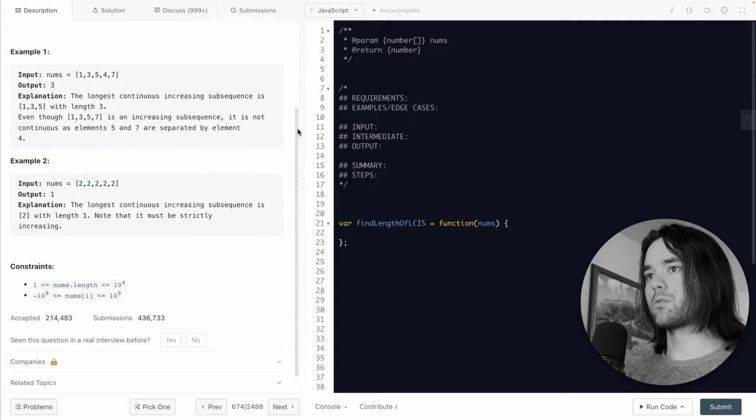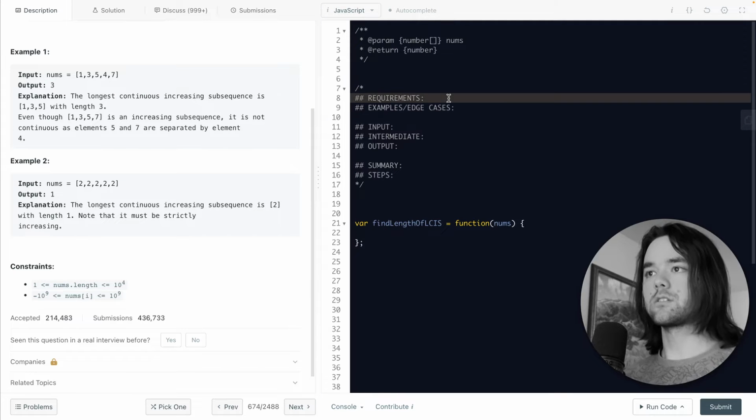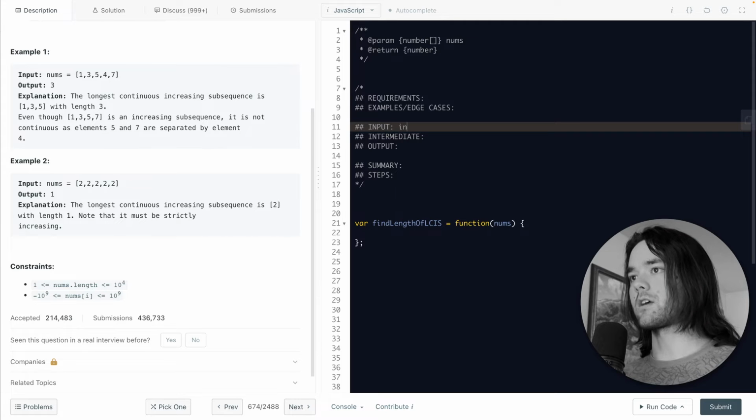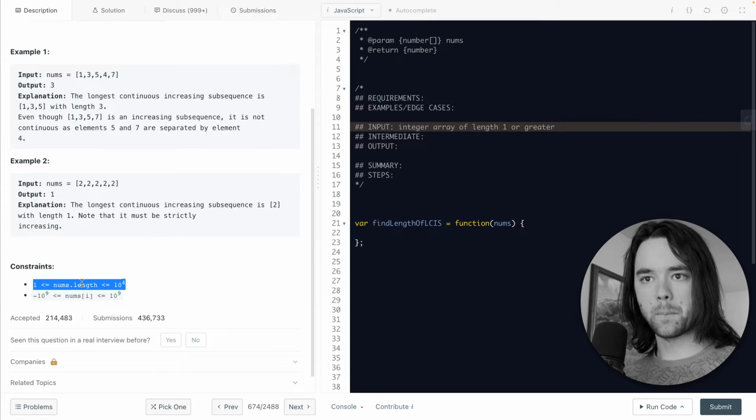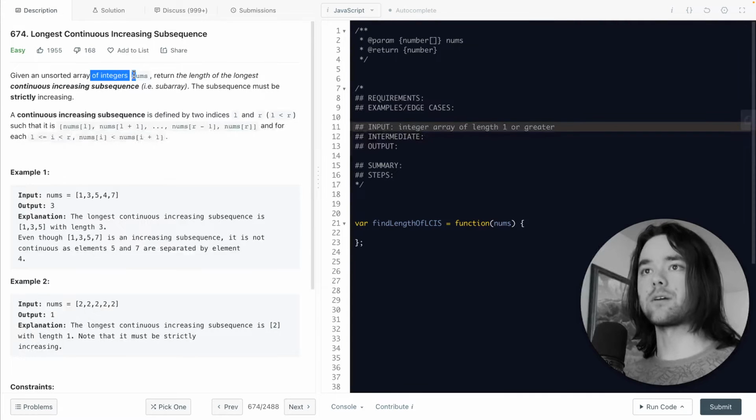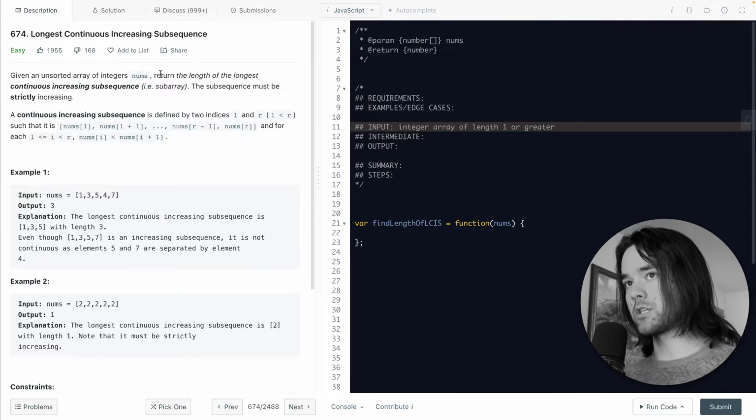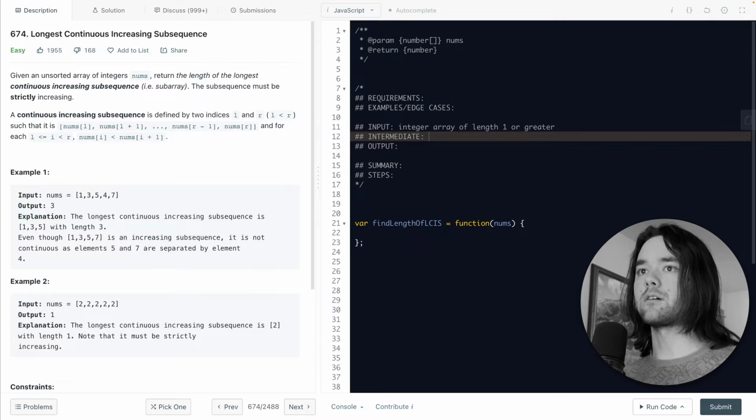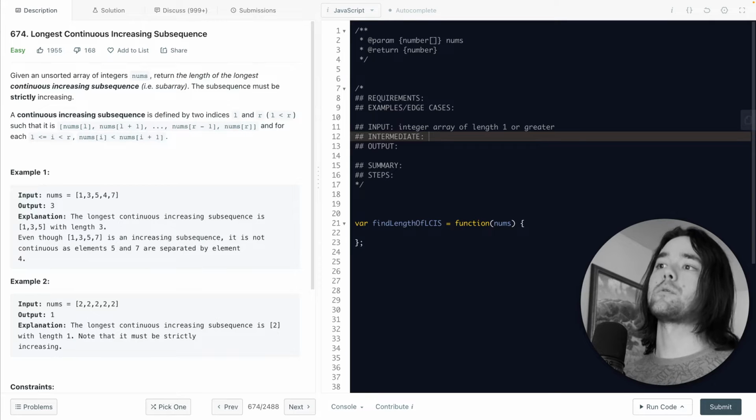Okay, so let's think about this. As far as our input is concerned, we're dealing with an integer array of length 1 or greater. And they do specify that it is integers only. And what we want to return, so when we run our function, what we want the return value to be is some number